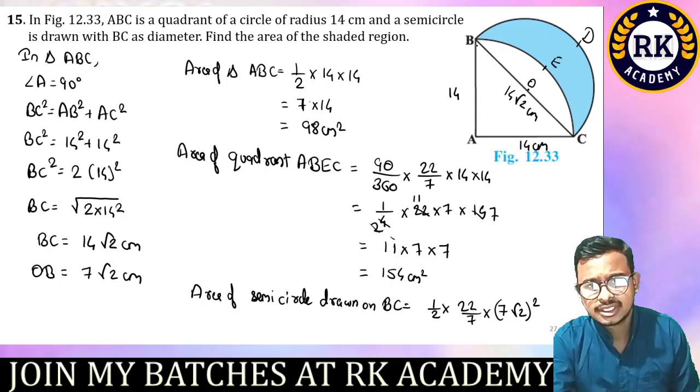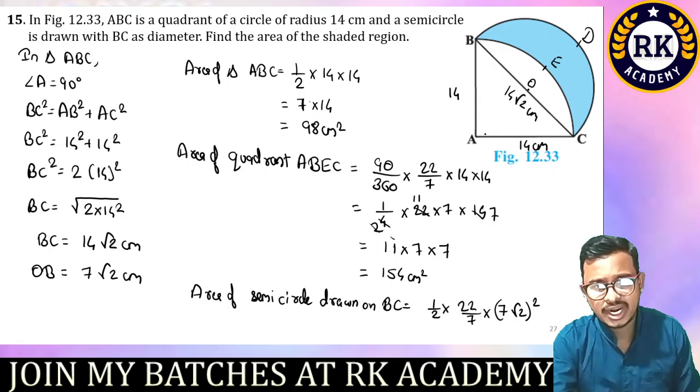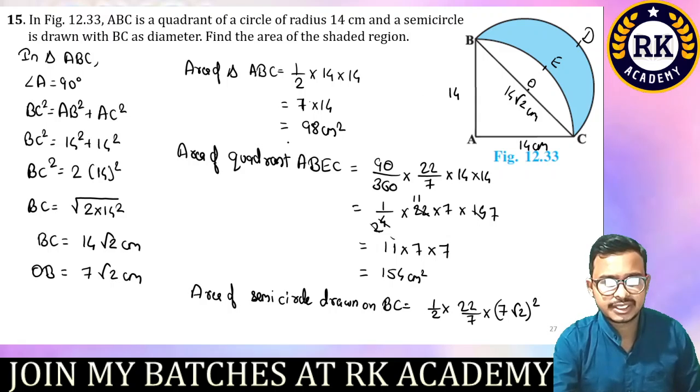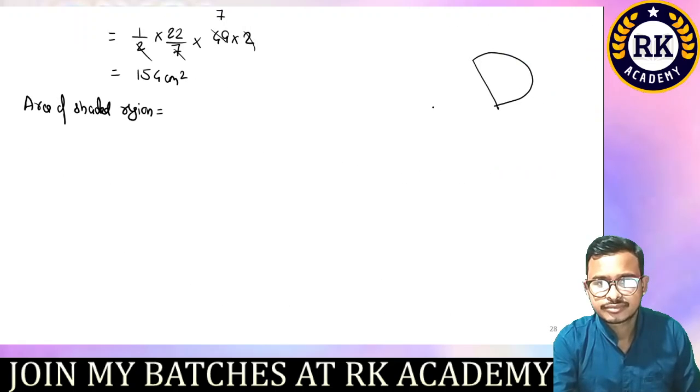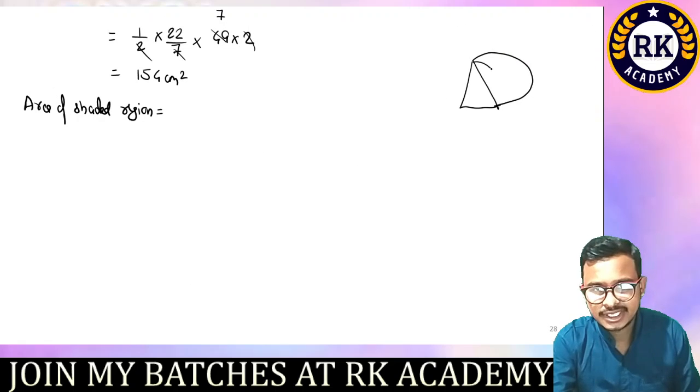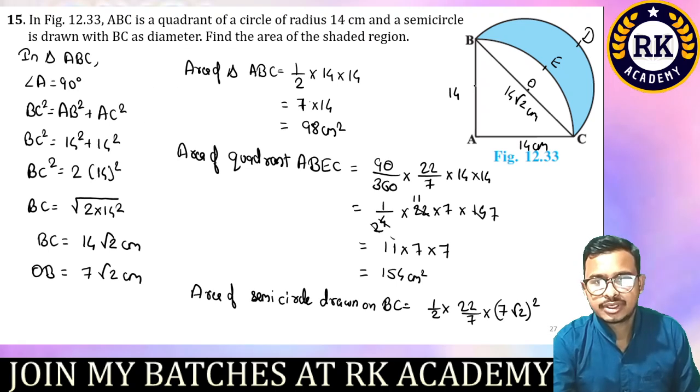उसके बाद in that quadrant I have also added the area of triangle ABC. उसके बाद चलो एक एक फिगर को ब्रेक करते हैं. Let's break this figure. एक तो मेरे पास एक सेमी सर्कल है ऐसा. Another thing, यहाँ पे एक ट्राइंगल है और इसके अंदर एक पोर्शन ऐसा है. Now